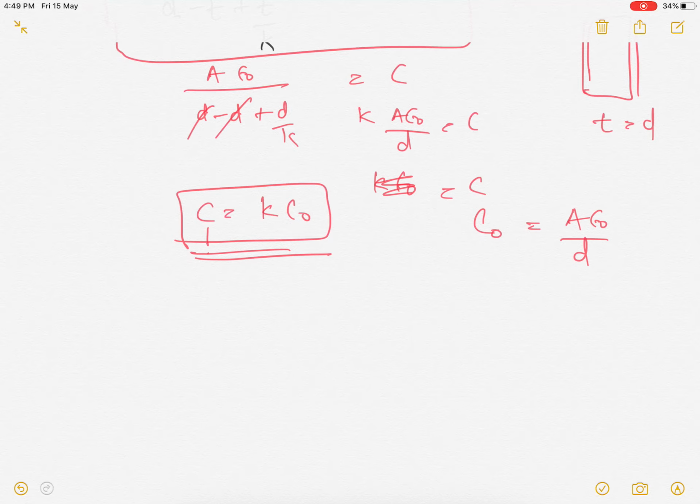Next video I will tell about the combinations of capacitors and